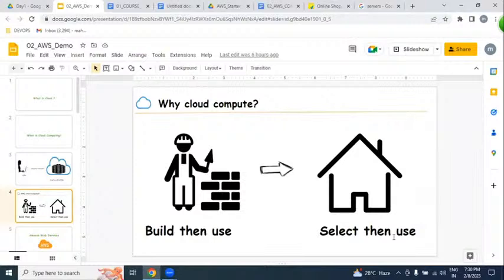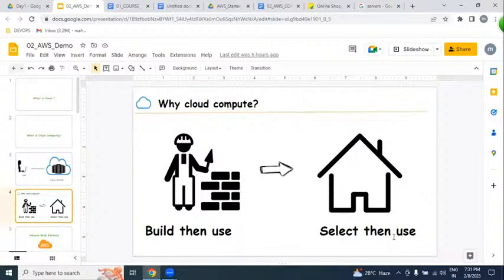Any cloud, whether Google, Azure, or AWS, provides only rental infrastructure.